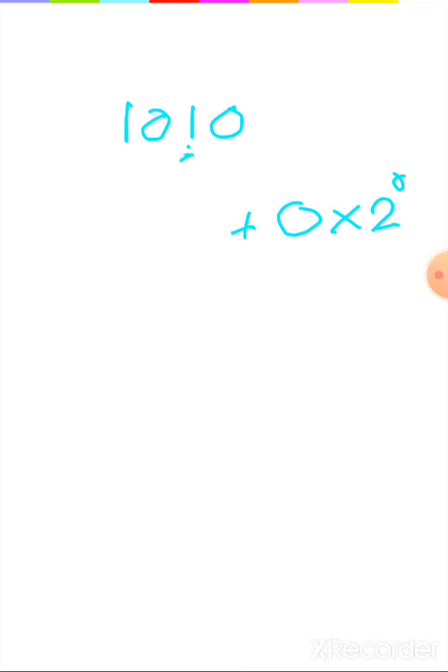The 1 will be written as it is, and it will be multiplied with 2 raised to power 1, plus the third digit is 0, so 0 will be multiplied with 2 raised to power 2, plus